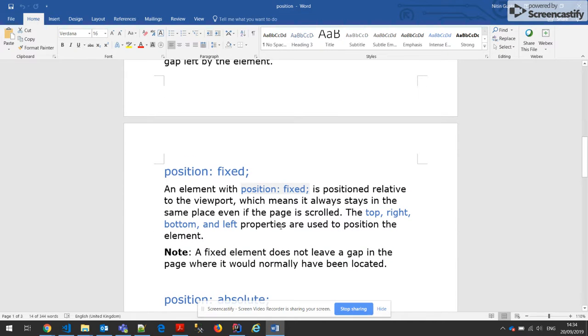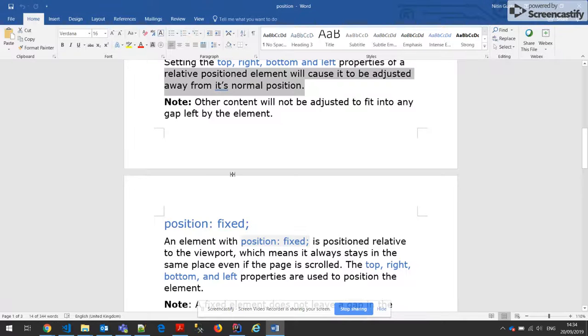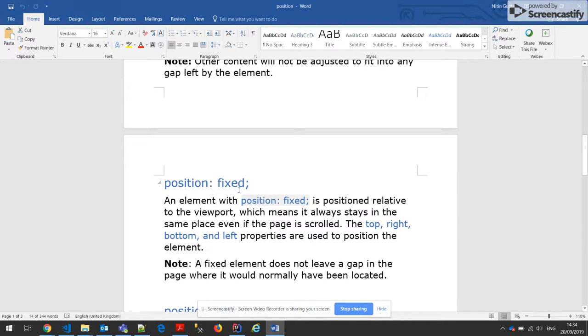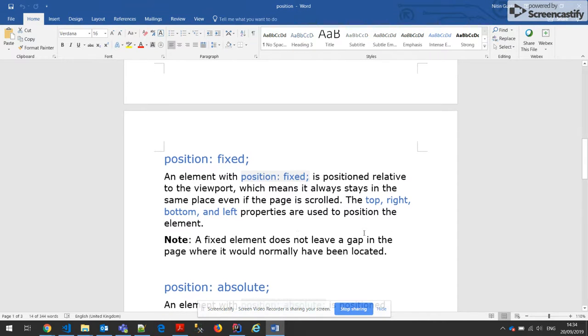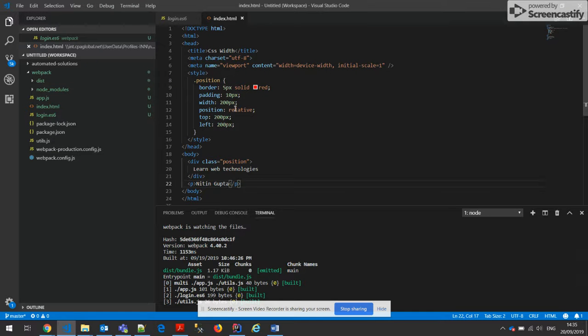Position fixed. An element with position fixed is positioned relative to the viewport, like the window size, which means it always stays in the same place even as the page scrolls. The top, right, bottom, and left properties are used to position it. A fixed element does not leave a gap in the page where it would normally have been located. Instead, you can write position fixed and